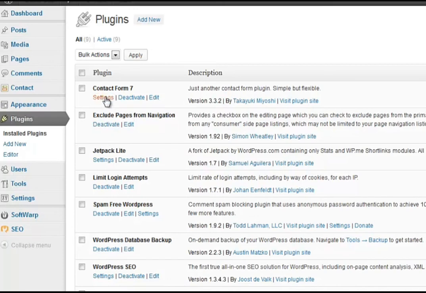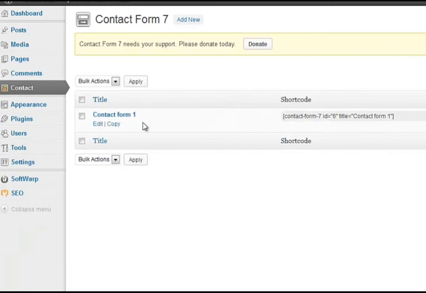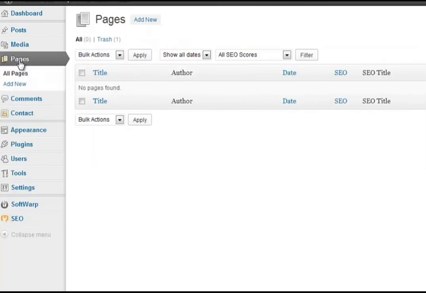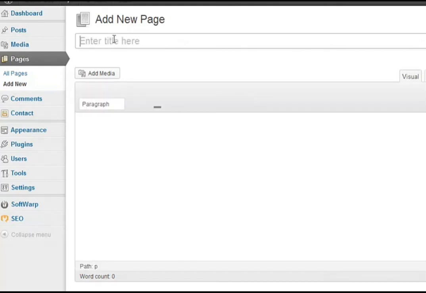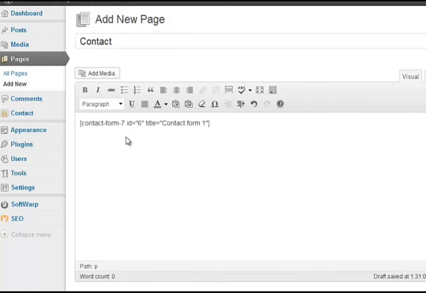Settings, there isn't really very much to do here. Basically it sets up a contact form and it gives you what it calls a short code. So we copy and paste that, go across to pages, click on add new, and we're going to go for a contact form. Just call it contact, copy and paste that in,